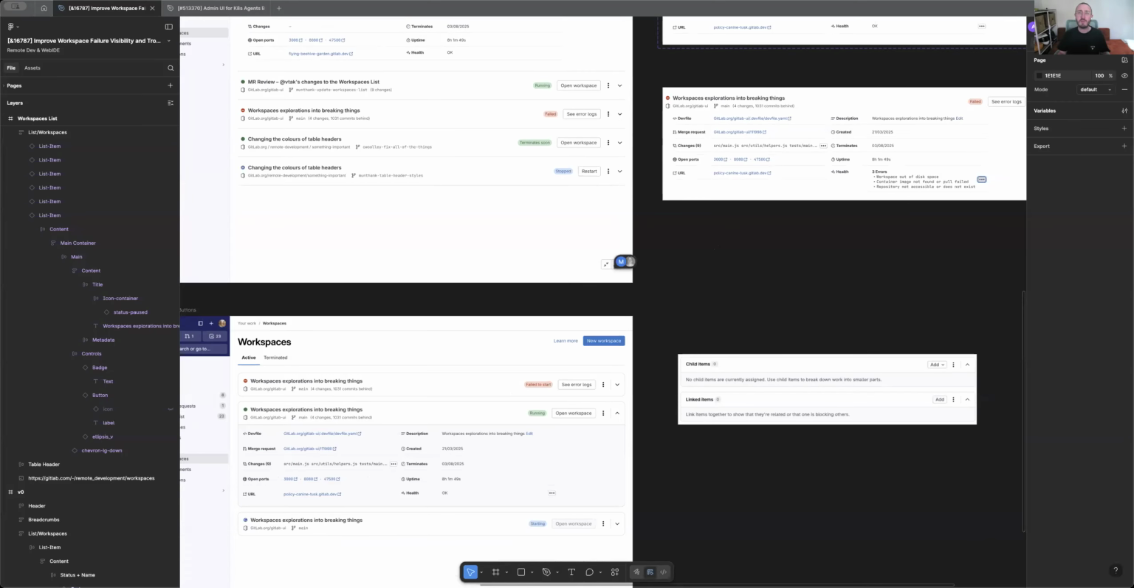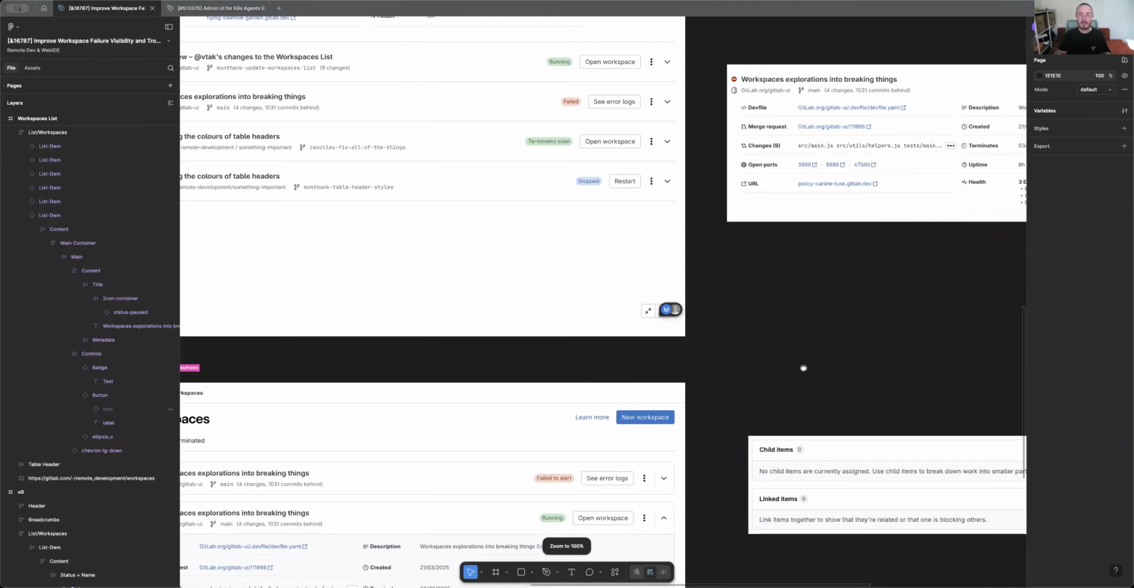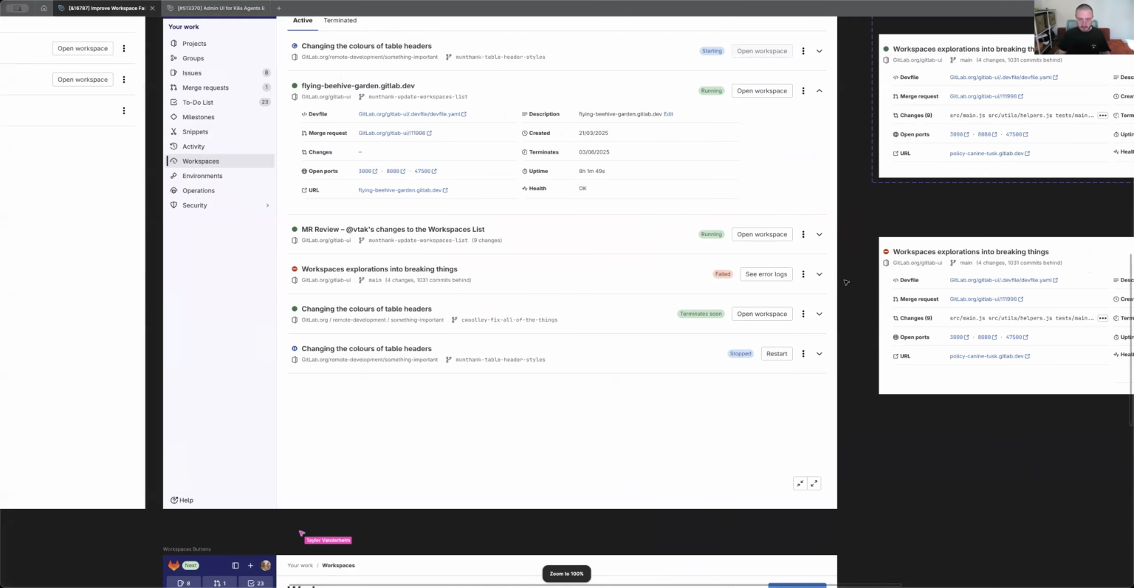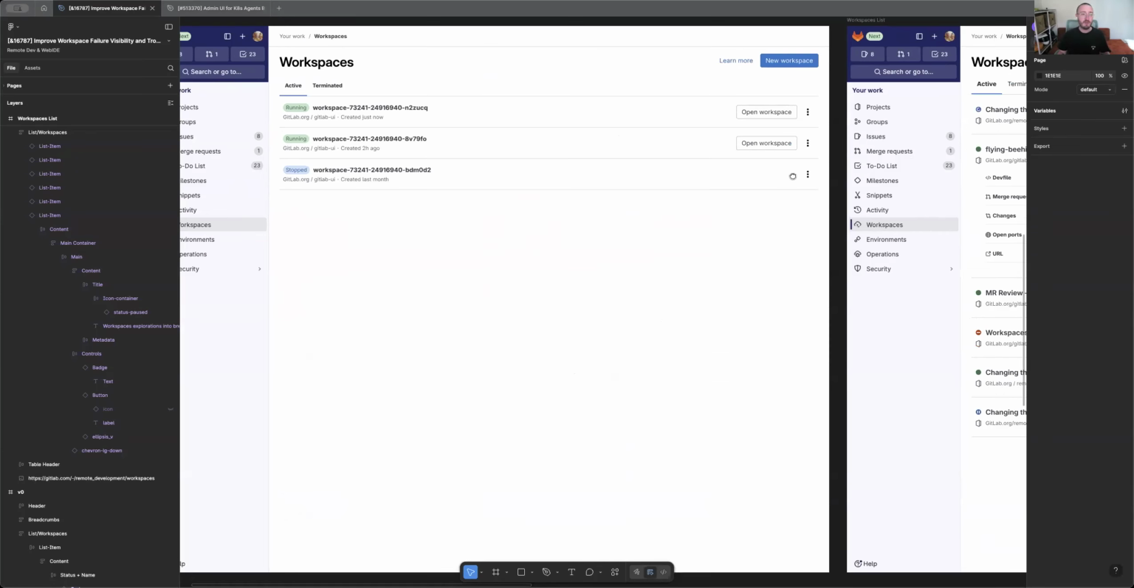Figma. I think, let me check. Did I put the right link into the Google Doc? Yeah, I did. Okay, come on, join me for workspaces. So, I'll give you a little